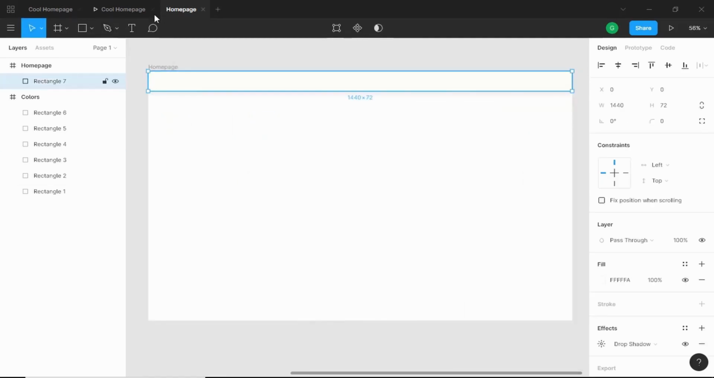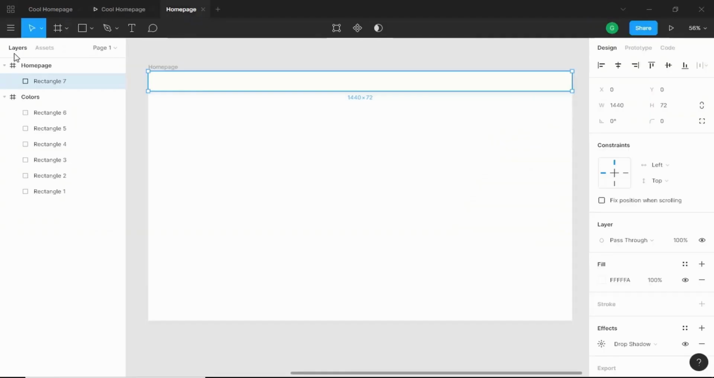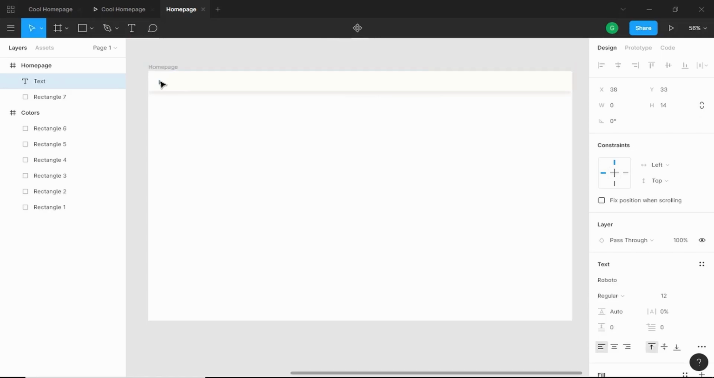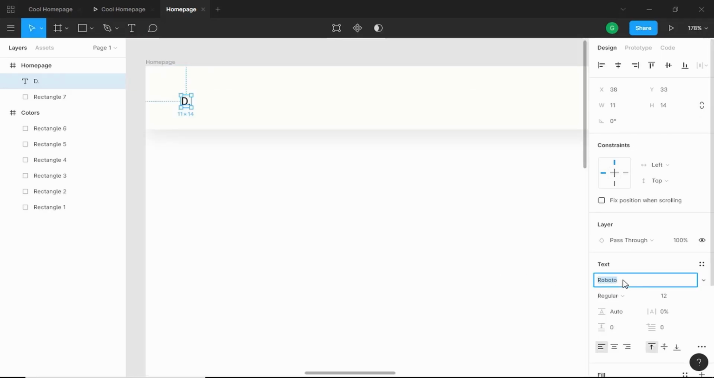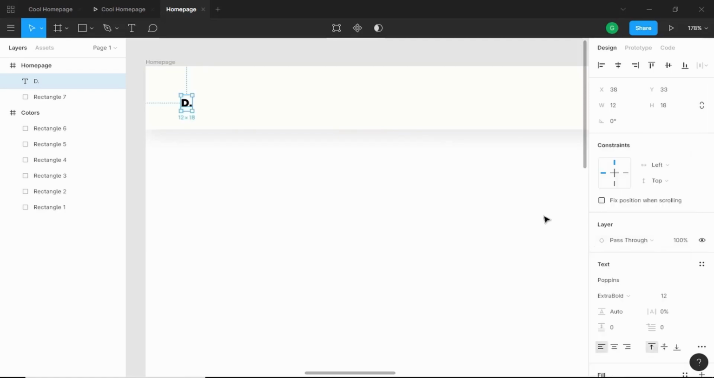Now we'll create our logo. So the logo is basically just some text. So let's go ahead and add a text. So we'll just type D dot, and the font that I have used is Poppins, and set the weight to extra bold, and we'll set the size to 64 pixels,